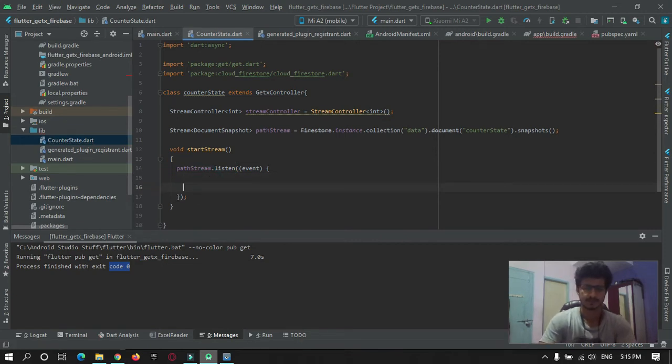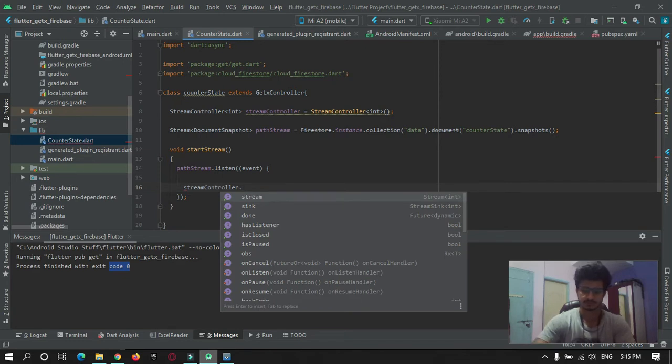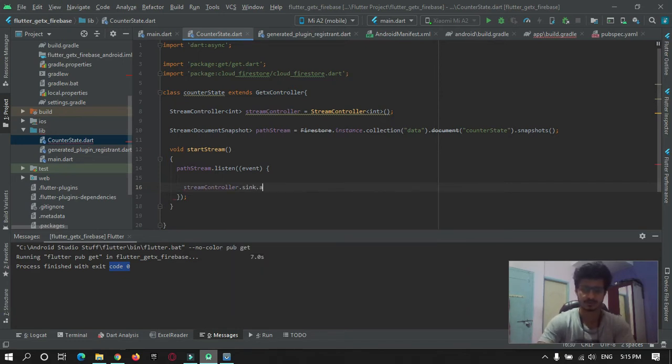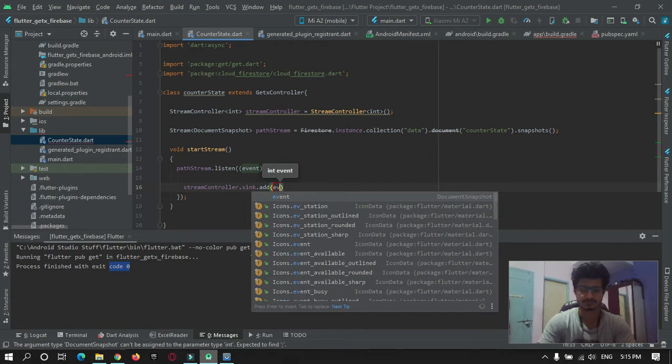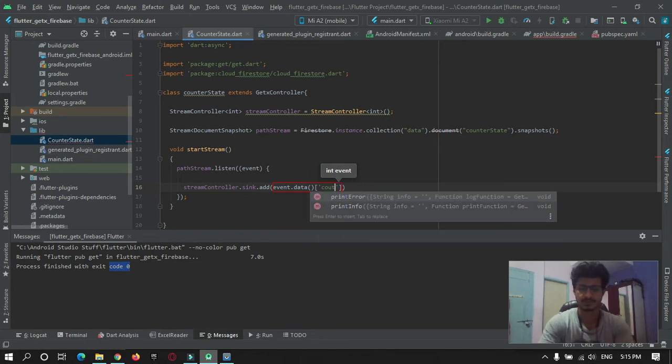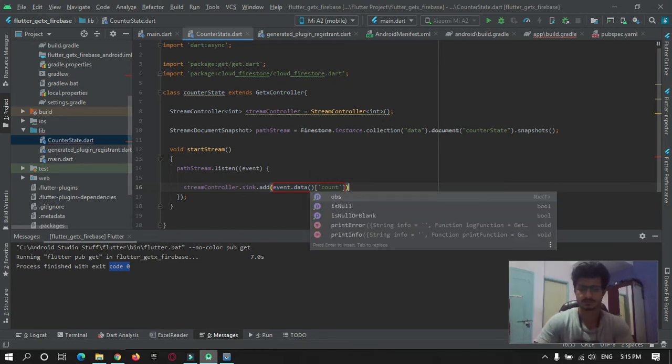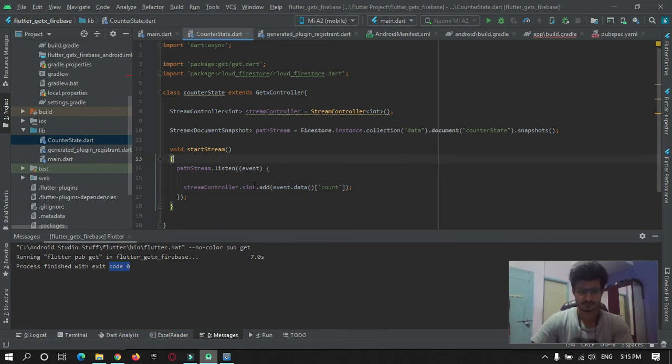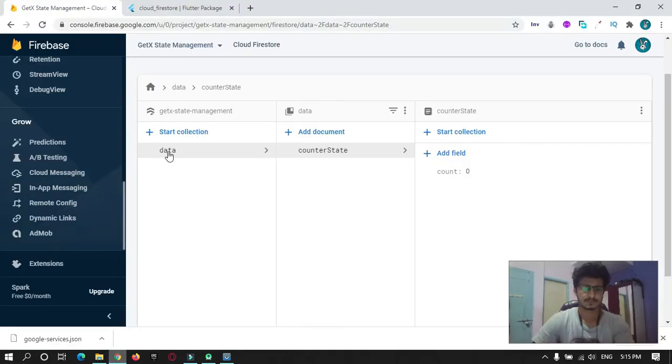Here stream controller dot sink dot add, and the data that you want to fetch comes from event dot data, and from which variable you want the data. In my case it is count. So this is data, counter state, and the field from where you want the data to be fetched.